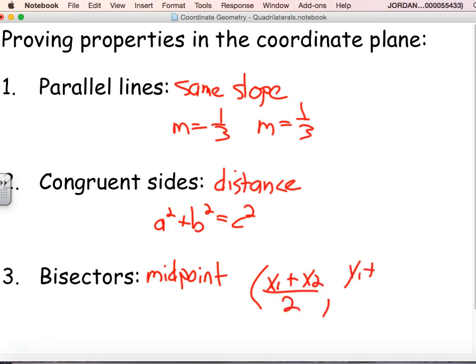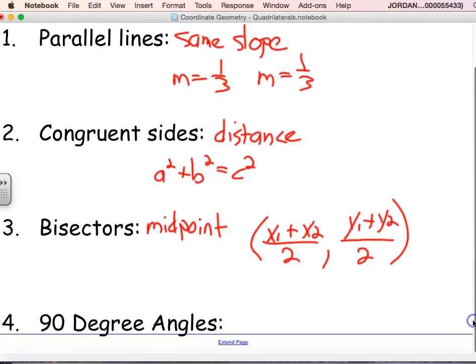And y1 plus y2 over 2 will give us the midpoint so that we can determine if we have bisectors or not. And then last, 90-degree angles. In order to determine if two lines make 90-degree angles, they must have opposite reciprocal slopes, which we've talked a